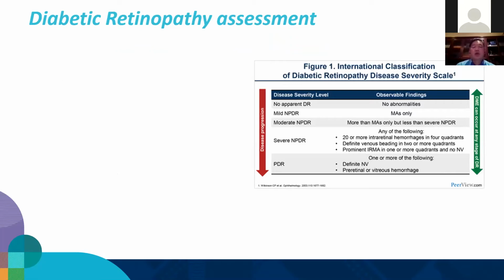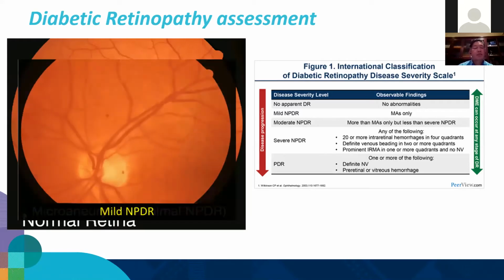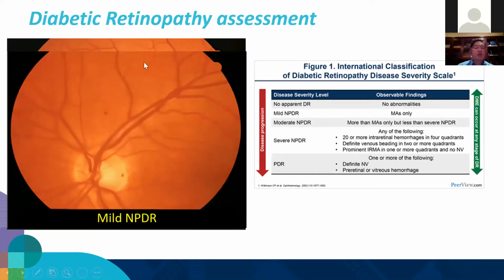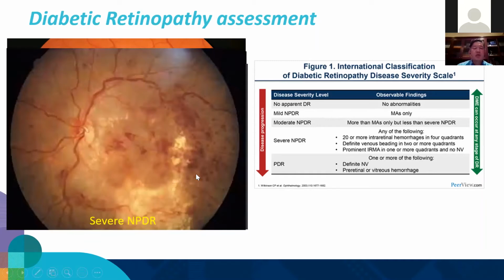So when you assess diabetic retinopathy, pretty much this is the severity level here of increasing diabetic retinopathy. So this is the normal retina. This is mild diabetic retinopathy. We see a few microaneurysms located here. The macula looks pretty good. You then have moderate diabetic retinopathy, where basically you have some hemorrhages there, a bit of lipid as such. Then you have severe diabetic retinopathy, where not only do you have lipid and hemorrhages, but the blood vessels start to look a little bit funny here, a bit more tortuous as such.